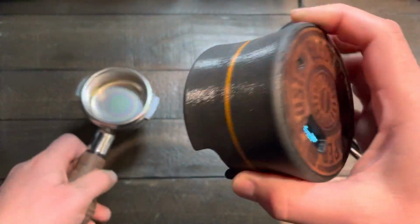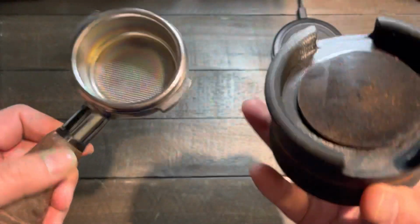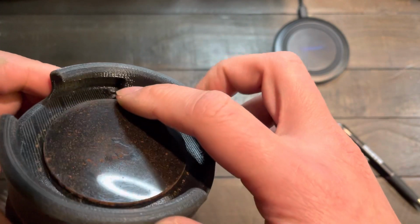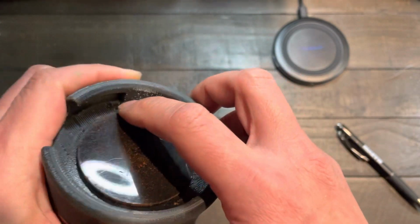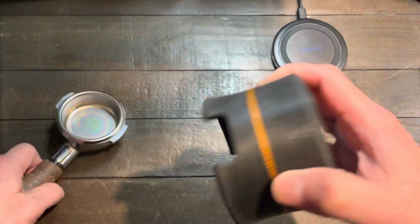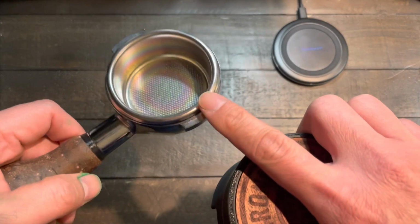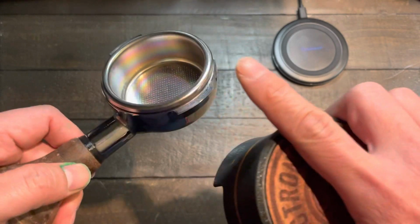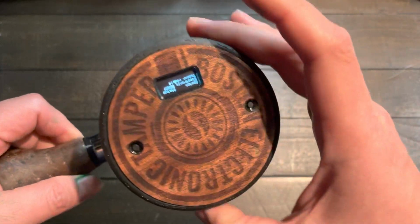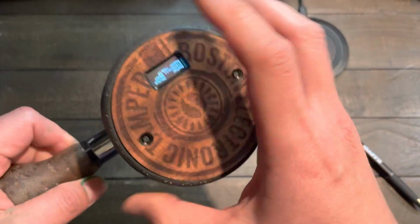Okay, so there is an optical sensor which basically shines through the portafilter holder, and then punch and...